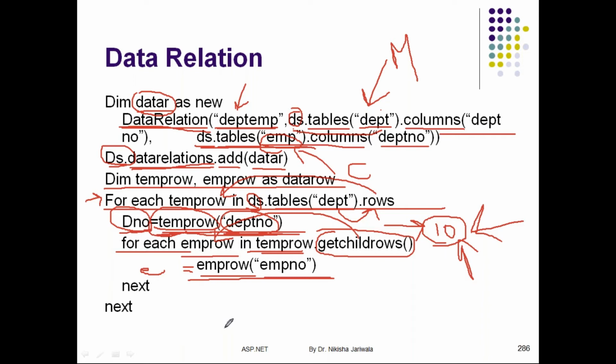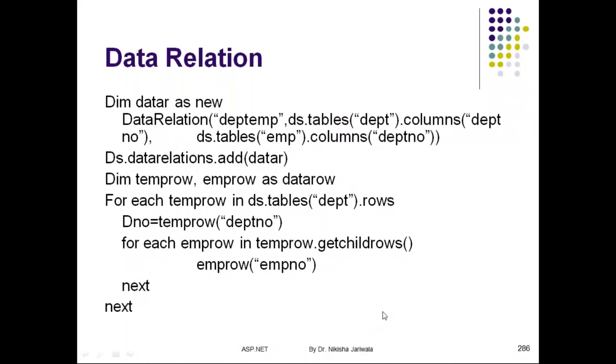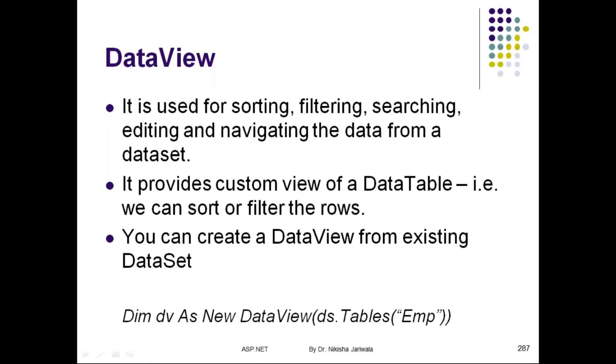So over here, the important part is we need to create the object of DataRelation, and if we want to retrieve the records according to the DataRelation, then we need to use the method GetChildRows, right? We need to remember this. It is very important to understand the significance of GetChildRows, and this we have also already seen in VB.NET, right? All right, so that was all about DataRelation, right?